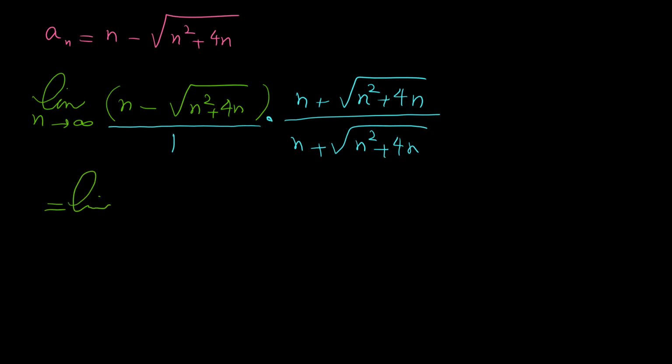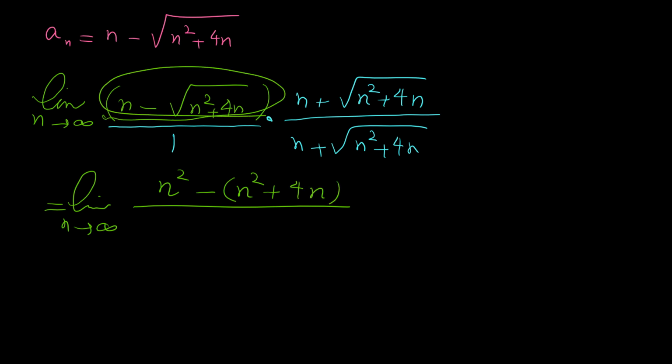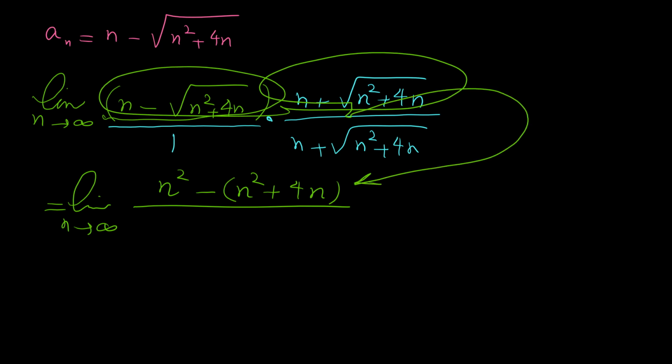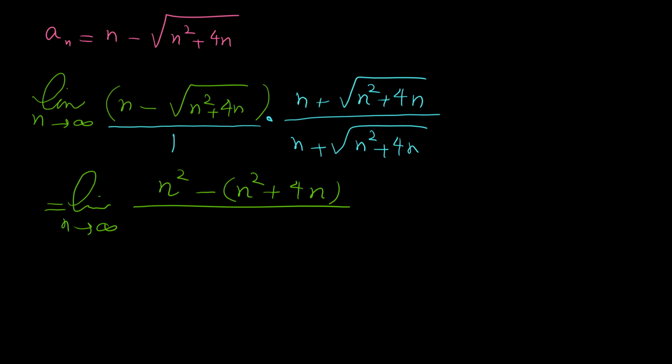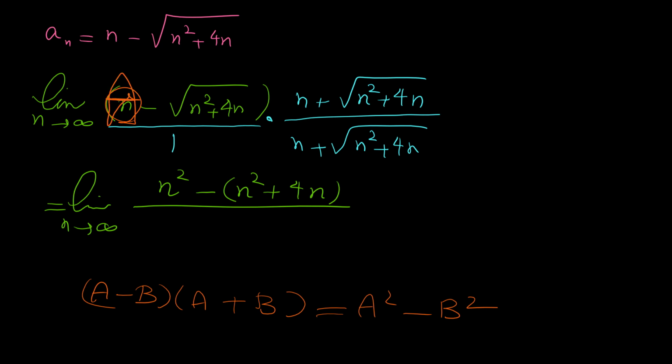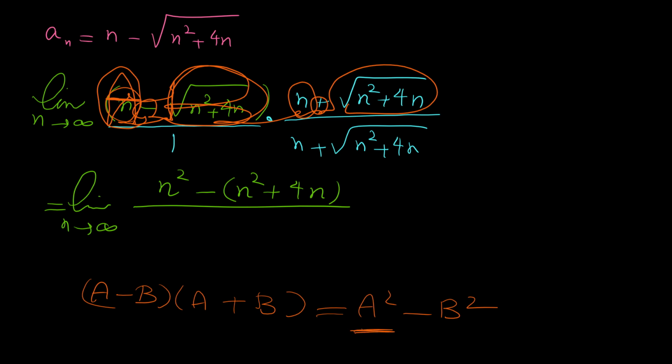In numerator, we have n to the 2 minus n to the 2 plus 4n. What happened from here by multiplying these two to here? Let me explain to you. Remember this identity: a minus b times a plus b is always a to the 2 minus b to the 2. This n plays the role of a and this radical plays the role of b. When we multiply a minus b by a plus b, the answer is a to the 2. So the answer is